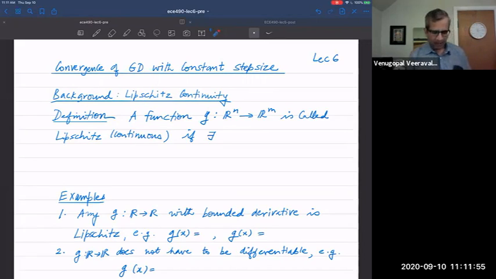All right. Okay. So, in order to talk about gradient descent with constant step size, we have to introduce the notion of Lipschitz continuity, or just Lipschitz functions. Because you need some conditions on the function in order to guarantee that with a fixed step size, you'll still converge. And I'll give you examples that if you didn't meet those conditions, then you might end up,